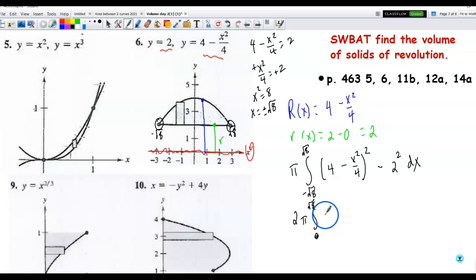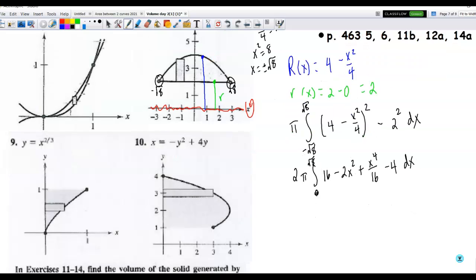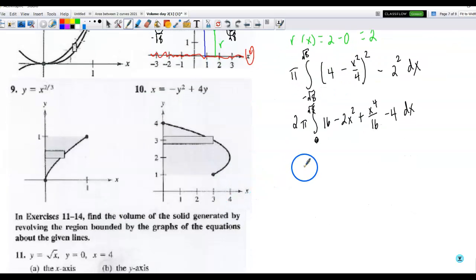I'll help you out with the algebra here. So that's 16, and then 4 times negative x squared over 4 is just going to be negative x squared, and doubled is going to be 2x squared. And when I square the last term, I'll get plus x to the 4th over 16. So be careful with your squaring. Minus 4 dx. All right, now I'm going to combine like terms, and I will end up with 2 pi